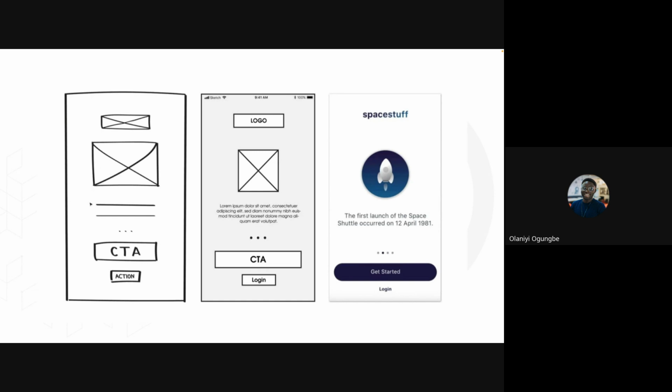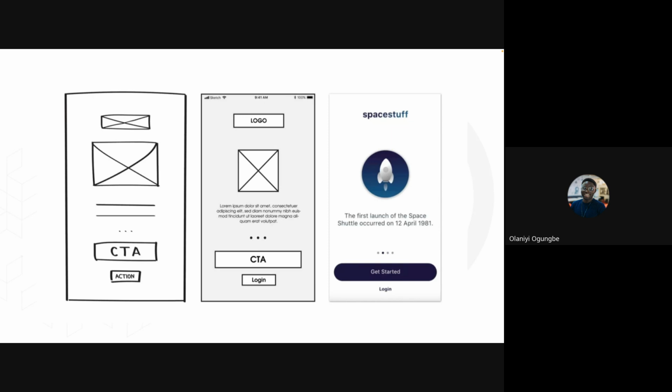So this is an example. This particular one my mouse is on is an example. It's represented in boxes and dashes. This is the logo. This is an image. These two lines are supposed to represent text. And then another button, another button. That's how simple a low fidelity wireframe can be. I mean, look at it. It's something that was basically done with a pen and paper. Do you guys get what I'm saying?